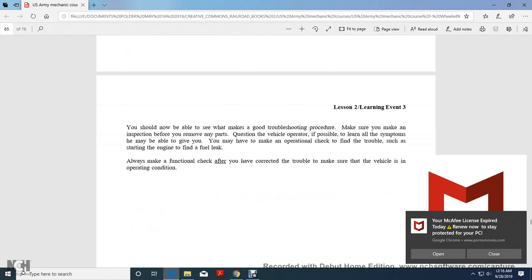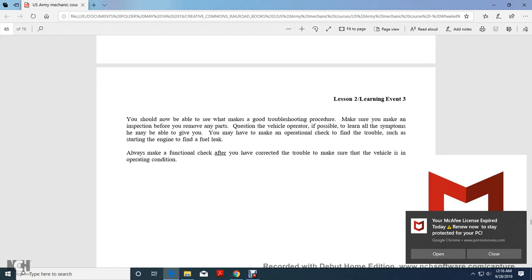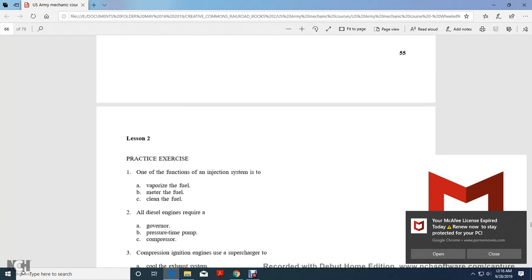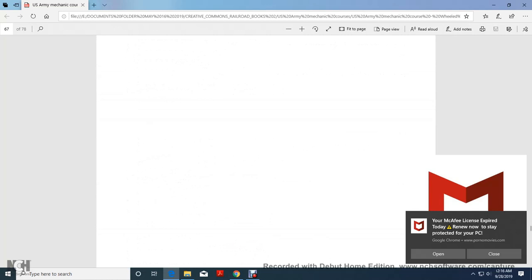Make an inspection before you remove any parts. Question the vehicle operator if possible to learn all the symptoms he may be able to give you. They may have operational checks to find out, such as starting the engine to find a fuel tank or fuel leak. Always make a functional check after correcting the trouble to make sure the vehicle is in operating condition. Then you have your practice exercises,